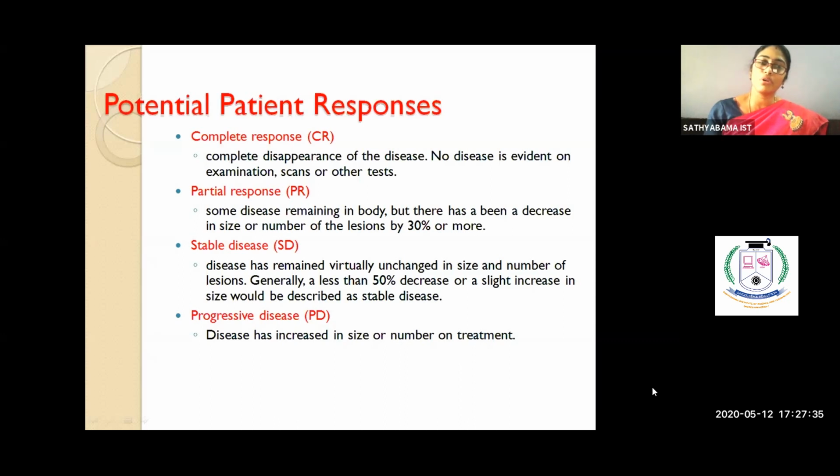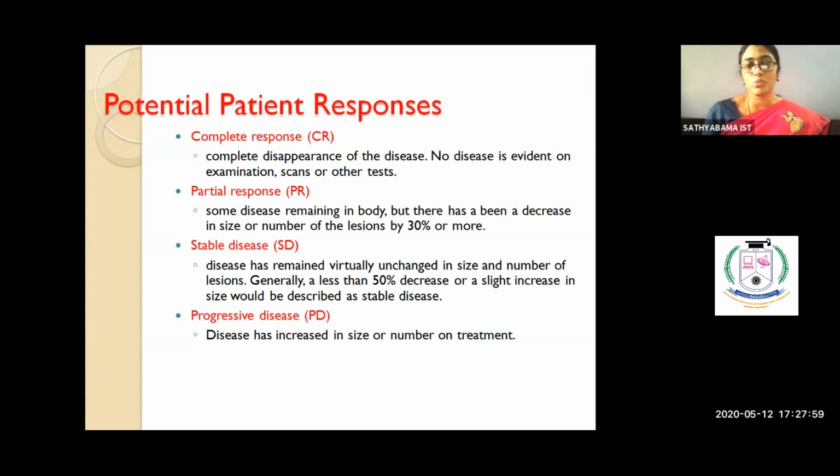So what is the response of the patient? A complete response, or CR, as we said, means it's completely cured. You go in for chemotherapy, you have different sessions of chemotherapy, you finish those sessions, and then if needed, you go for radiation, and then you don't have the cancer coming up. Through the years, you say that you're cured and you're fine.